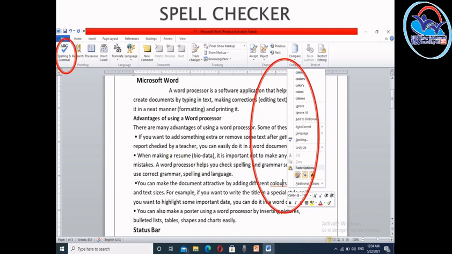If we select Ignore Once, this will leave the word. If we select Ignore All, this will ignore the presently highlighted word and then not highlight it if this word appears again anywhere in the text. If we click on Add to Dictionary, and we use the word in a new document, it will not be